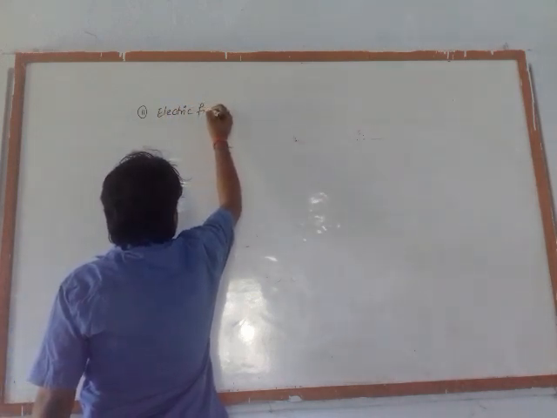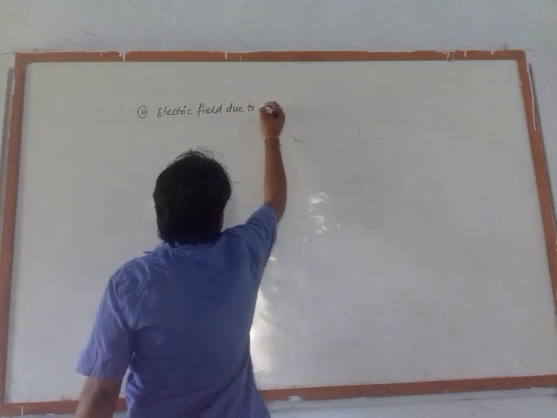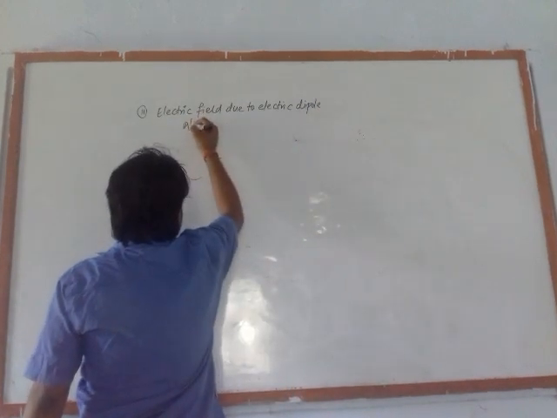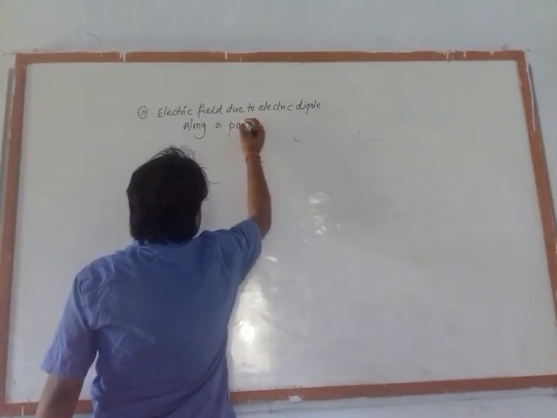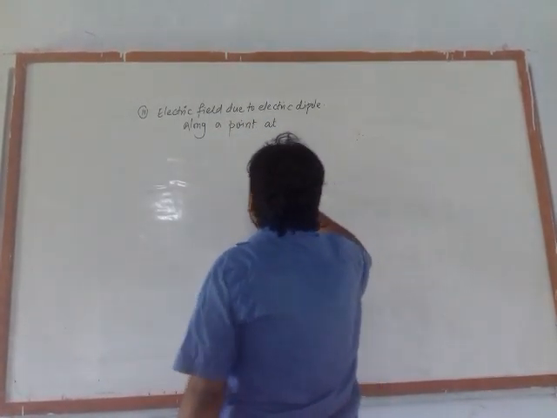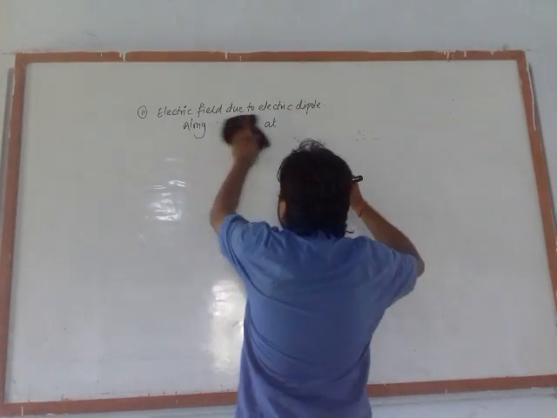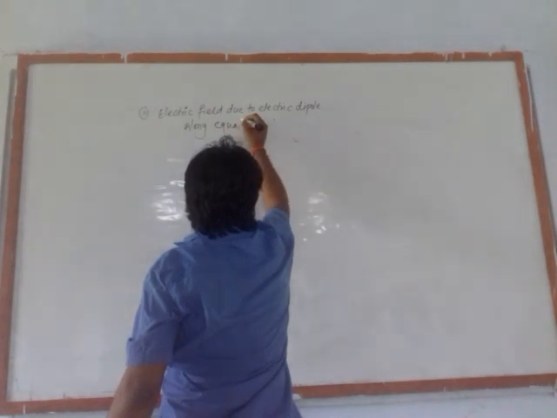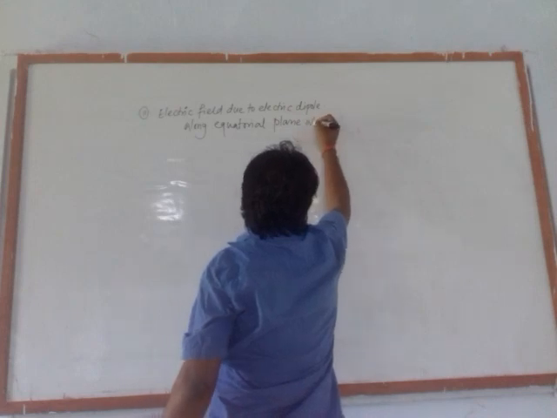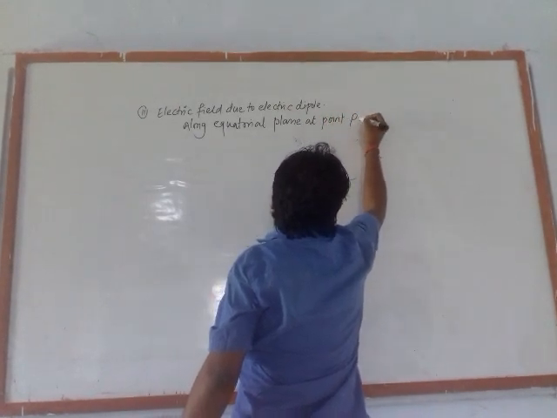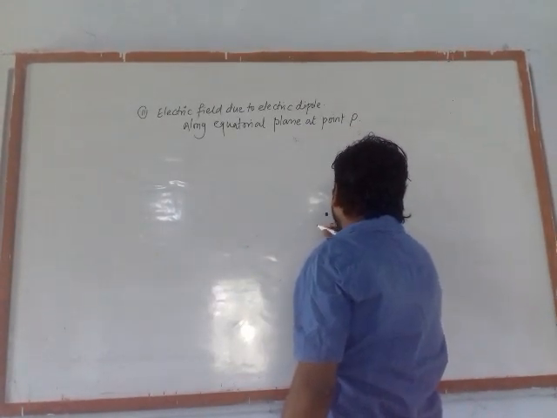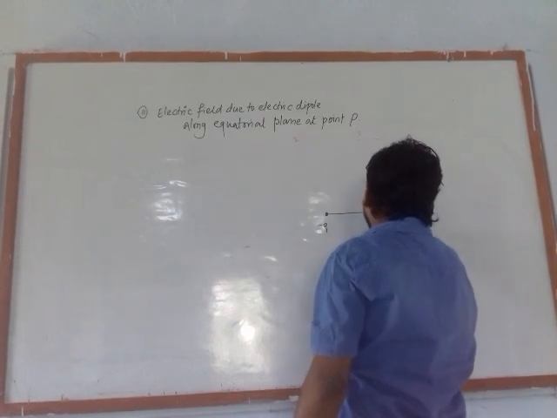Electric field due to an electric dipole along the equatorial plane, you can say along the equatorial plane at a point P. Okay, so for this we consider one negative charge to be here and one positive charge here, suppose